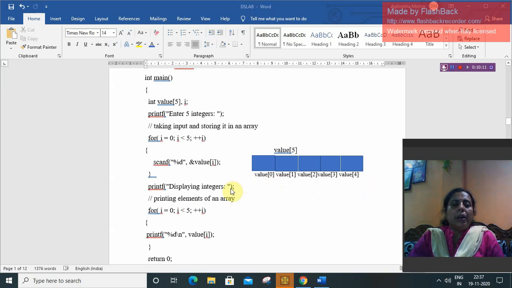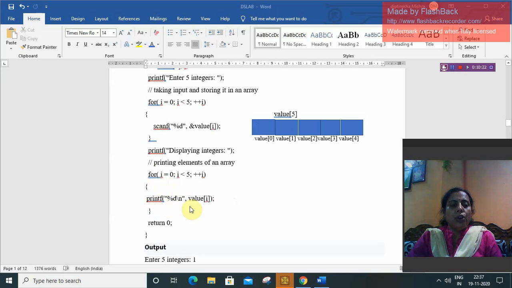Then the next part is displaying the integers. So printf "display integer" means it will display this message. Then again a for loop, it will display the value at index i. First time i is 0, means value[0], it will display the first value.